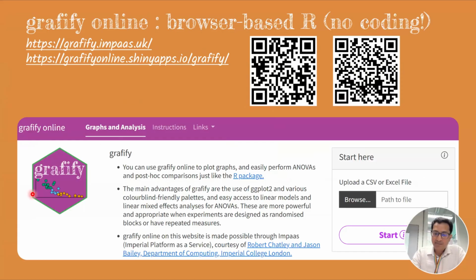You can now just do it in a browser by uploading your data in an Excel format, and then you can plot your graphs, do your analysis, download them, save them. You don't need any coding. But if you ask me, if you're just starting out in science, it would be better for you to start learning R than starting out here. But this is accessible to a lot more people.